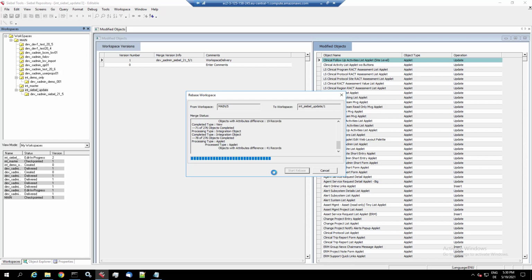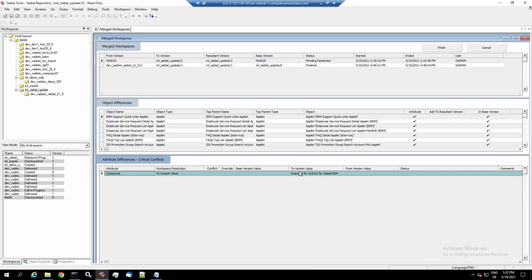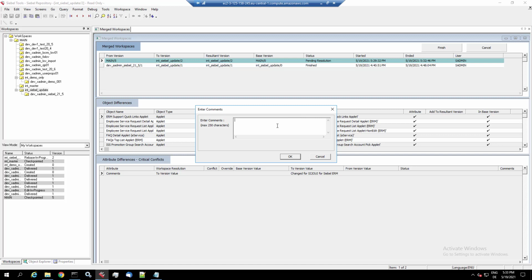So that rebase is now running. It's a high-speed video, and the rebase is complete. So we now can view the conflicts that might exist. Not that I'm expecting any, but you should take some time to verify the information in the workspace merge tables, which is visible here in Siebel Tools. And then only when you are sure that everything's fine, click the finish button and finish the rebase,